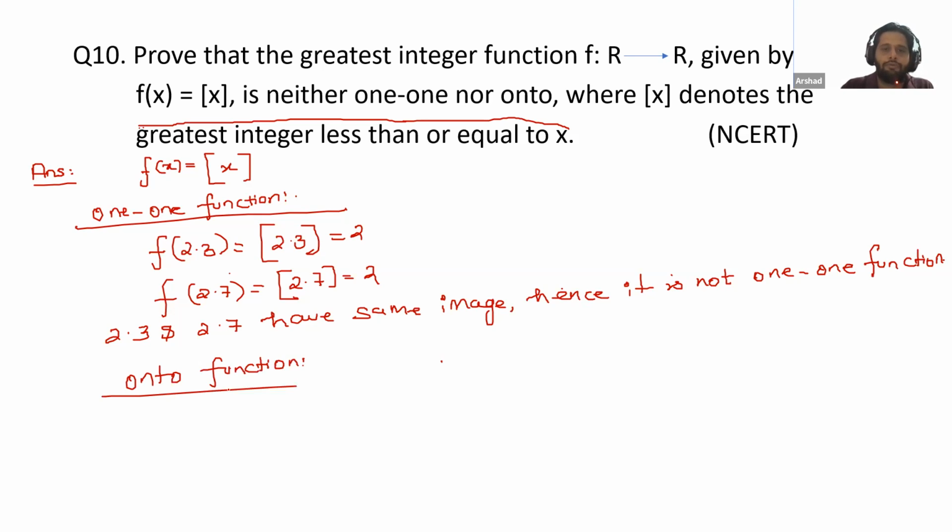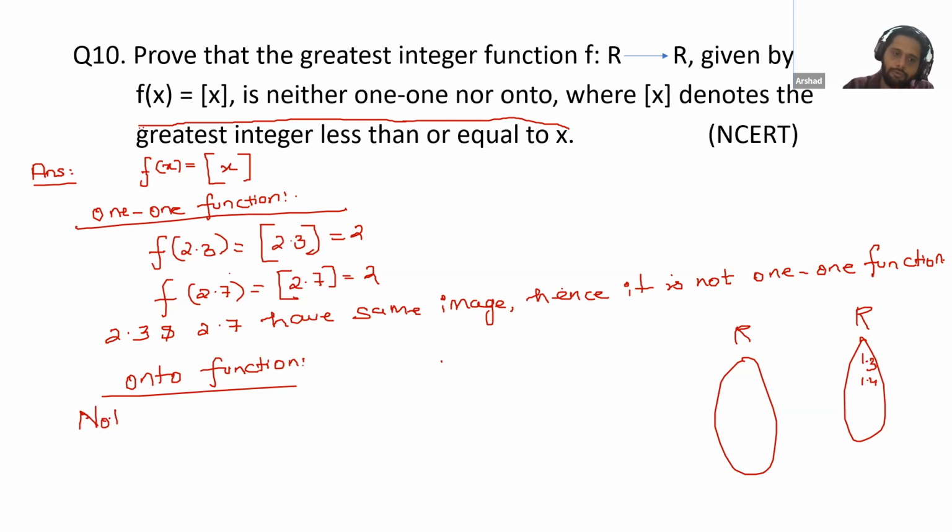For onto, what example can we take? We have two sets, and these are the sets of real numbers. Whatever value you put here, you will always get an integer as output. That means the decimal values, 1.3, 1.4, do not have their pre-images. So you can write here: non-integral values